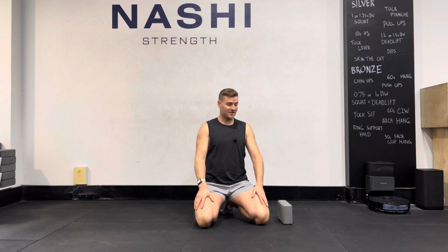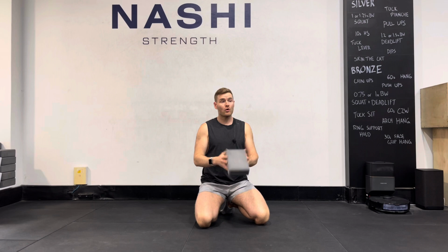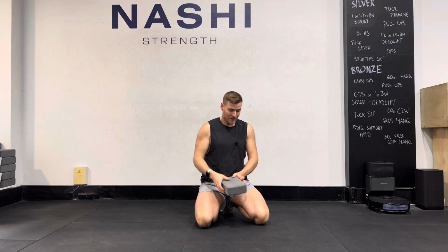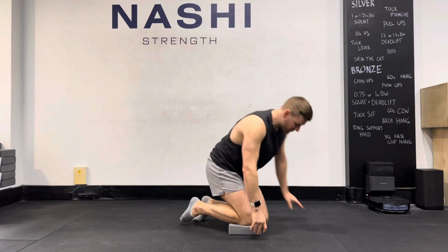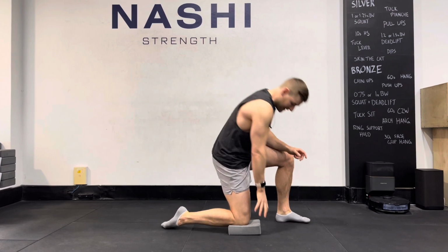So we're talking now front split specific exercises. All you need is a yoga block if you're going into some iso work, or a mat as well, something comfortable for the knee to be on, yeah? Then from there, you're just going to chuck the yoga block or mat down. And because we're working a long lunge position, that means that our setup